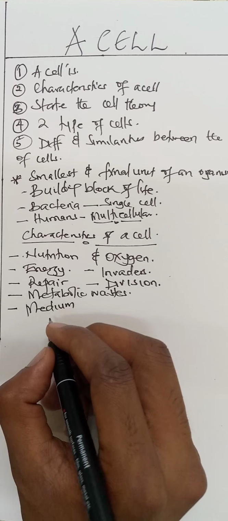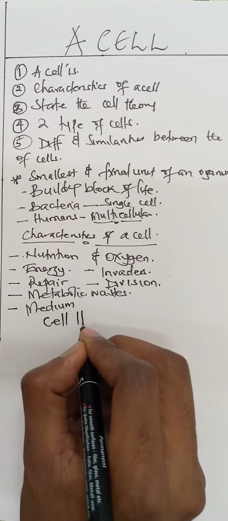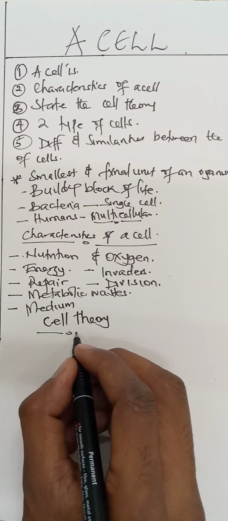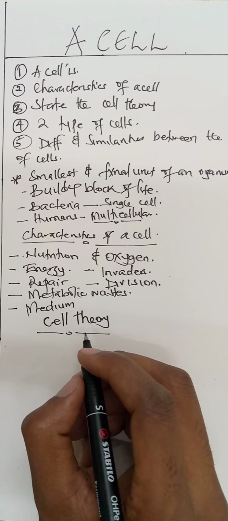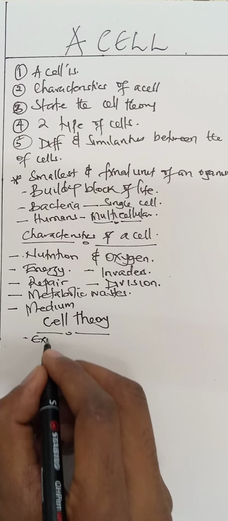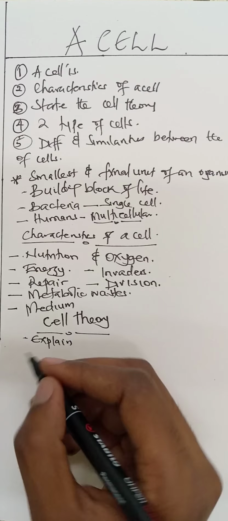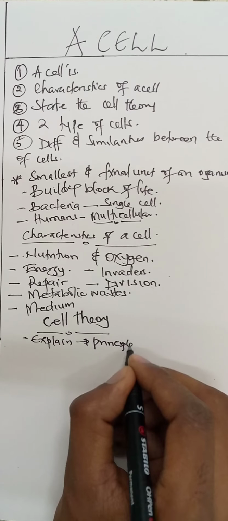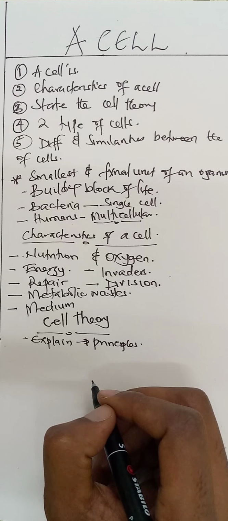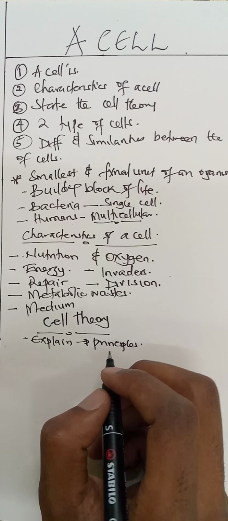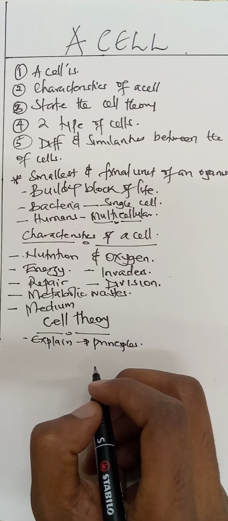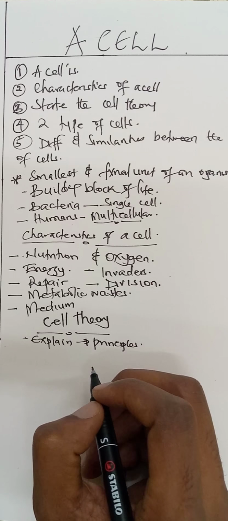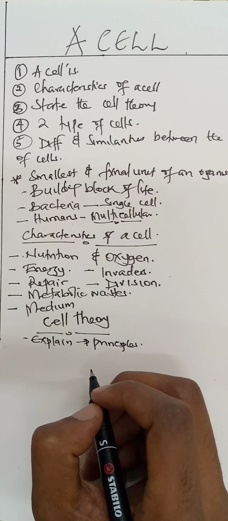From that, let's look at the cell theory. So when we talk about a theory, it is an idea intended to explain something based on general principles. So cell theory was crafted by 2 gentlemen. One was called M.J.S. Kennedy and Theodore Chon. And according to them, the cell theory states that